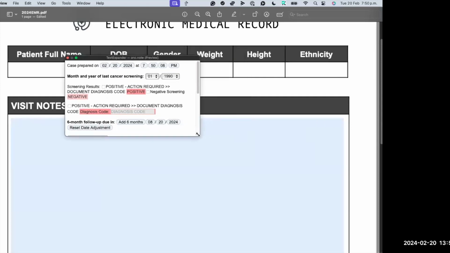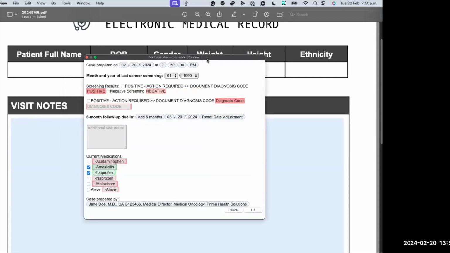All right, so we've got our temporary window pulled up here. Okay, so again, just going to run through again the features that we just built together. So the date macro at the top is going to pull the current date and the current time. Again, this is completely accurate for me. It is currently 7:50 p.m. in 2024. We've got the pop-up menu feature.